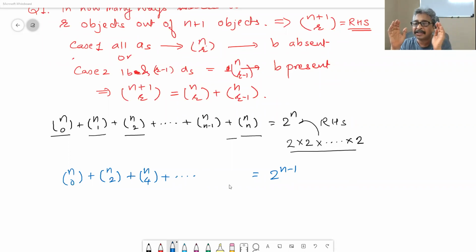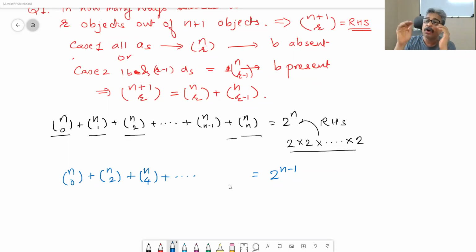Now I have got some vegetables in my basket. Suppose they are an even number. From 1 to n minus 1, when I kept on asking and picking up those vegetables, I really do not know, I count and check whether they are even or odd. Suppose they are even, then I should not ask the nth vegetable whether you want to come or not. The choice is only one, not to come.